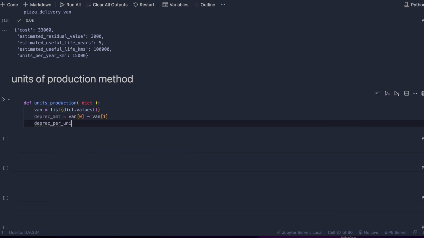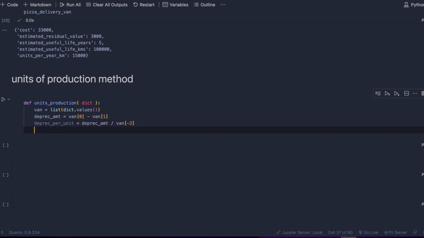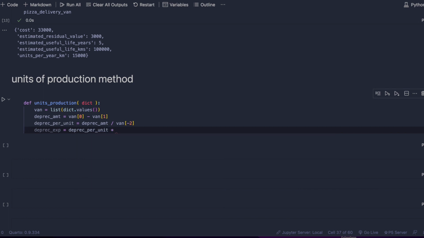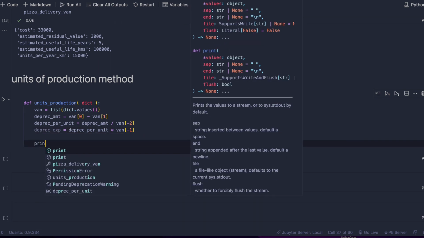Depreciation per unit is depreciation amount divided by second from the last, and depreciation expense is depreciation per unit times the last one in the array, units per year, kilometers. Then we print